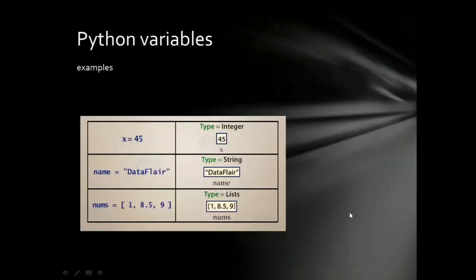Now these are a few more examples of Python variables. X is equal to 45. So you will be assigning like this in your program, but it will get identified as integer internally. Now this is how you assign a text. It can be given within single quotes or double quotes. Whatever is given within these single quotes or double quotes is taken as it is, right? But it is of type string. The variable name is name. Now this is a list. We will see list later, which is given in square brackets, a set of values. Okay, so these are some examples of Python variables.